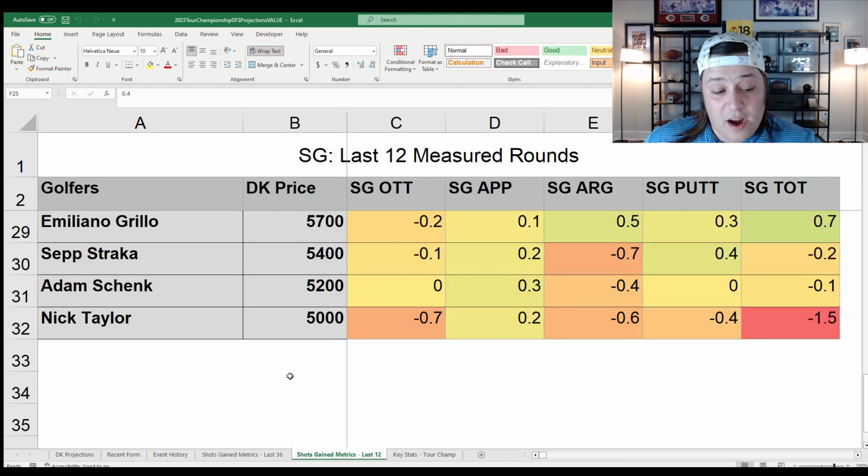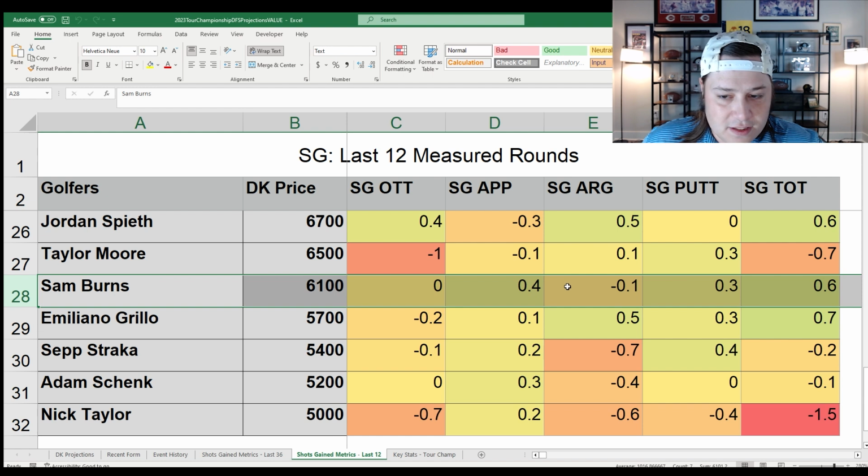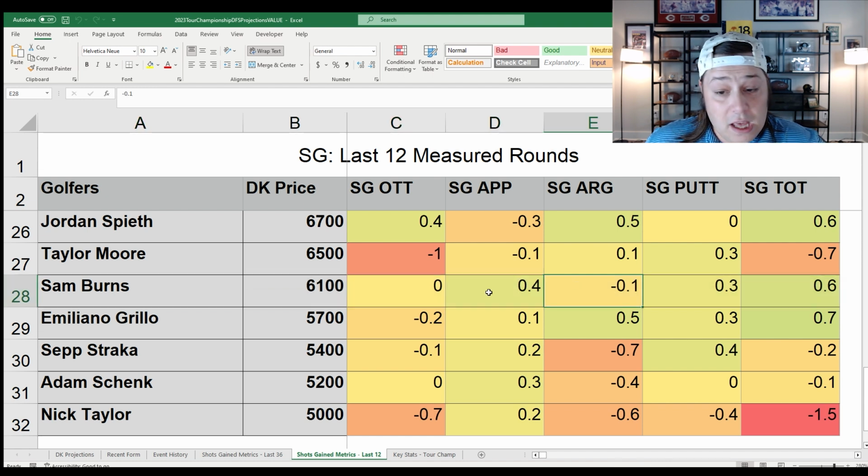And of late, right, we've been tracking this with Sam Burns. We've talked him up a few times over this last month, and it's paid off, right? Look at this, gaining on approach. He's been okay off the tee, right? We need him to be a little bit better at East Lake if he's going to go out there and actually find that success. But gaining with the approach play, gaining with the putter, doing Sam Burns type of things,